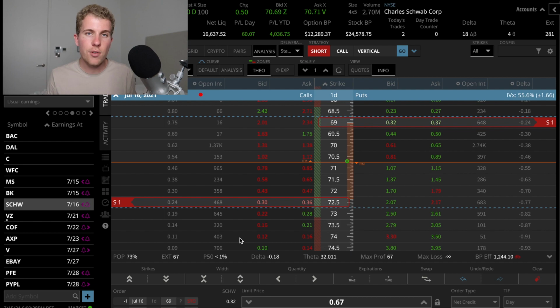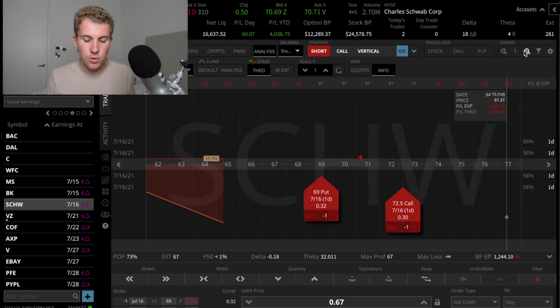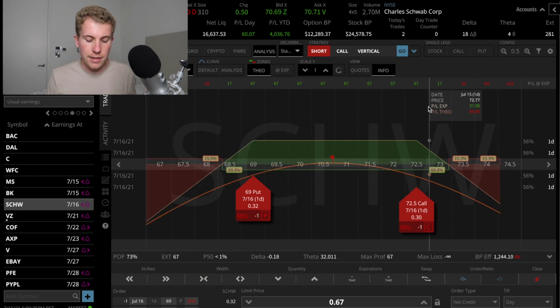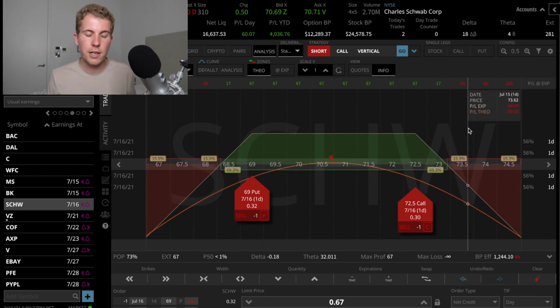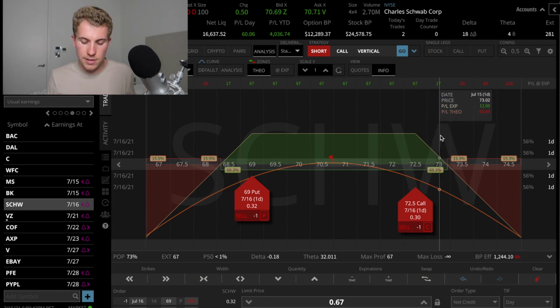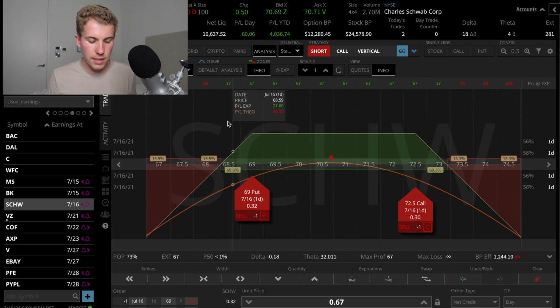And if we look at how it looks from a P&L perspective, you are very often going to see that graph. That graph basically shows you the P&L at expiration. So if the stock expires tomorrow night between like 73.12 and 68.30, then I'm going to make money at expiration. If it expires out of that profit zone, then I'm going to make a loss.